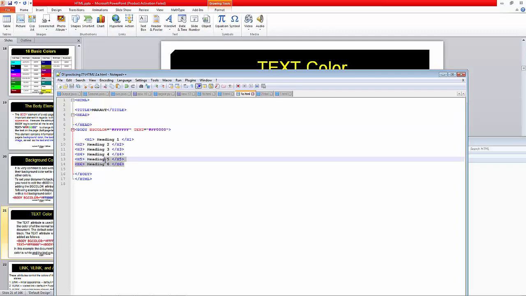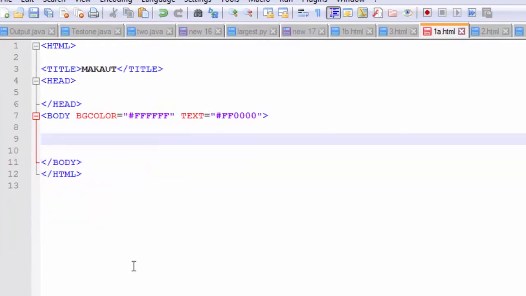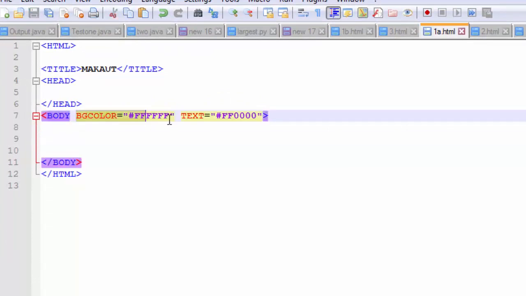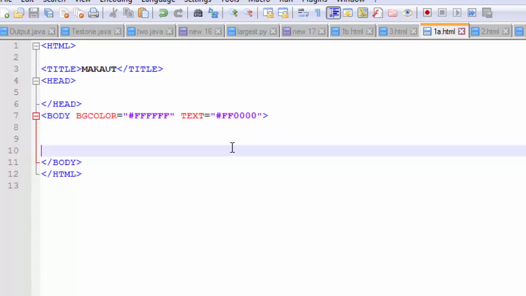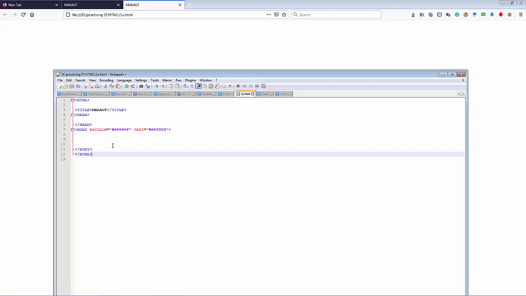I just want to remove this one and save it. So here the body bgcolor is this one, and the text is FF00. So let us see the output of 1A. When we go to 1A, just click it once, it will open here. It is not showing the result. So something has occurred. Let me see.